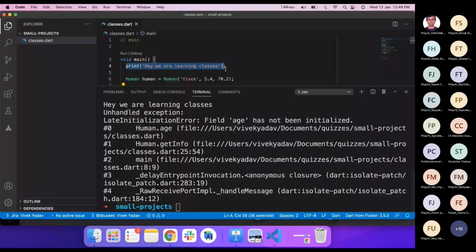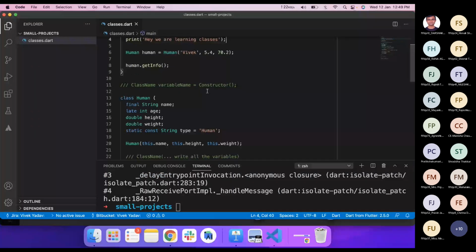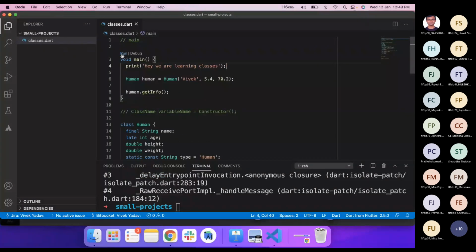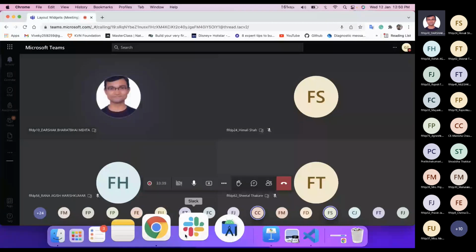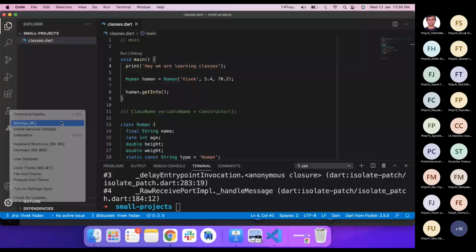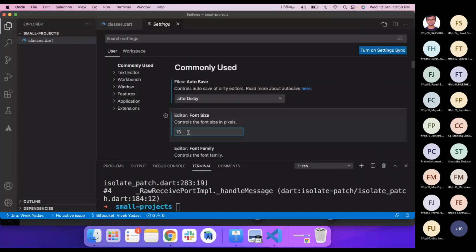Are you able to clearly see this text in our code, or should I increase the font? Is it visible? Sir, a slight increase would be better. Okay, let me increase it a little bit. Okay, font size. Yes, Vivek. Hello.